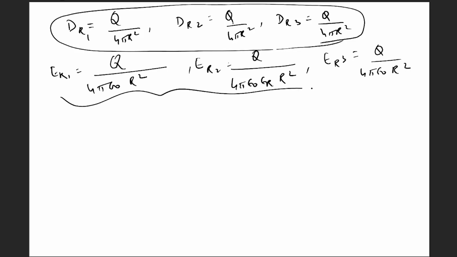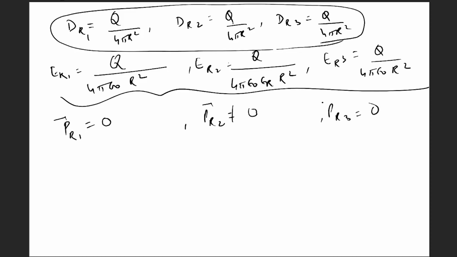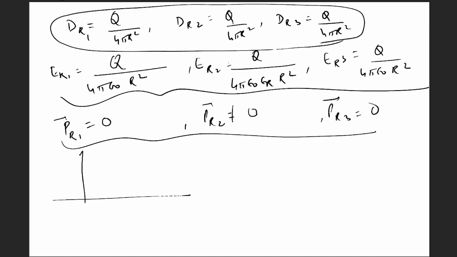So this value does change, and the polarization vector was 0 here, it was non-zero here, and it was again 0 here. So you see, in this way now we can plot the values. So let us plot the flux density D with respect to r. So it is continuous like this,